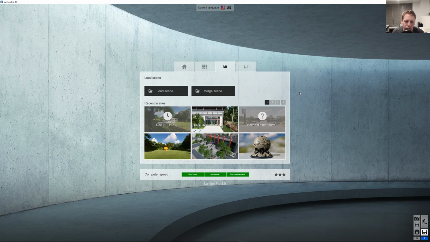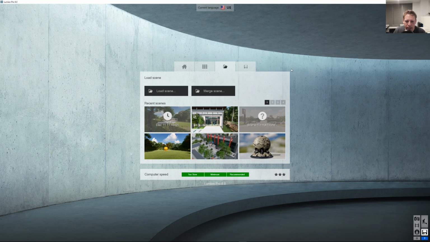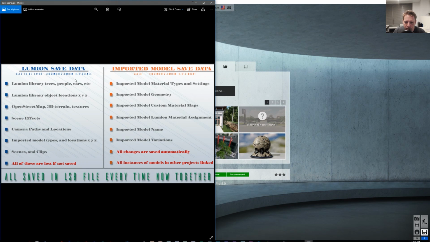So you're going to notice that that's kind of a new thing, and some people might find it frustrating. It was really simple before, but Lumion's really pushing a better way of managing these things. So now it's going to work a lot more like your typical software, instead of being just really complicated like it was before with exporting versus saving. And the last thing I want to cover is mentioned right here,